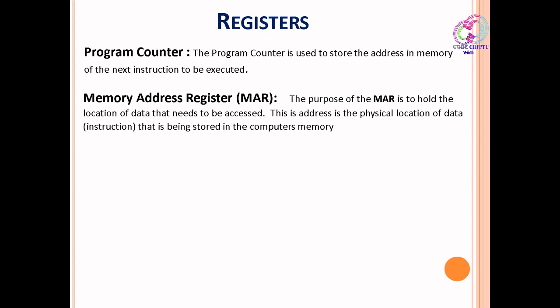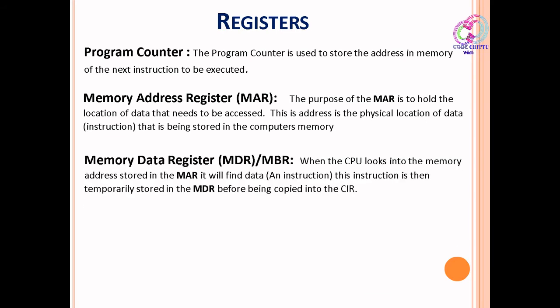So from the main memory, it has the address, and at that address there is some data which we are going to execute. And the memory data register: I want to tell you that MDR and MBR are both the same. You can refer to it as whichever you like, but you must know these two are the same. Memory data register, because we are storing the instructions and data in it. And why is it called memory buffer register? As you know, a buffer is a temporary storage area, so it is commonly called the memory buffer register.